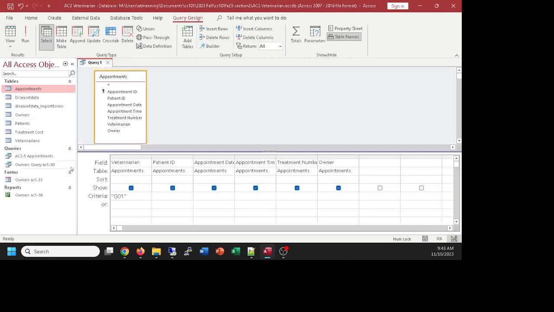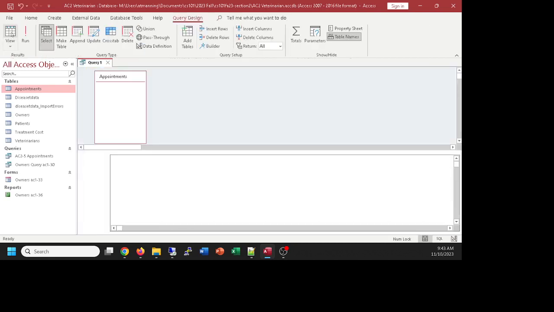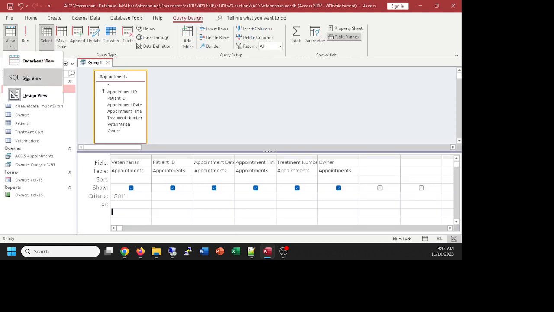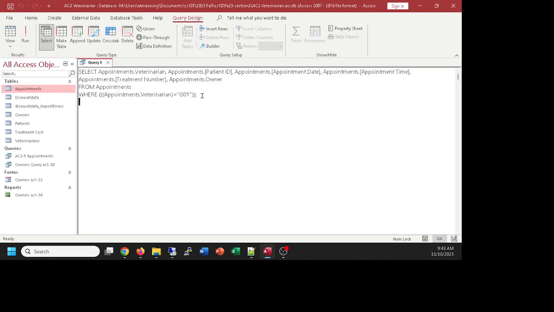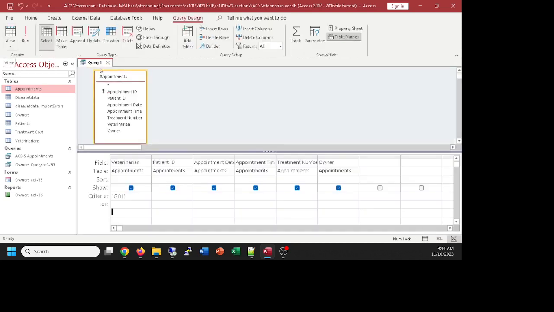That's the design view, and this is where the power of queries is. The criteria of G01 for my veterinarian basically shows me all my appointments for that particular veterinarian. Now remember that SQL view: basically, what is being done is they're adding an extra little line to the database language that determines whether I select to view that particular piece of data. I only view data where the veterinarian is equal to G01. And this is our first